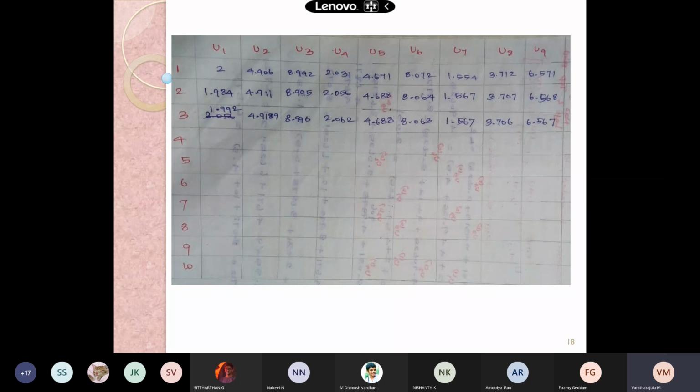Okay, please try to build a table so that you can calculate very easily. You build a table like this and try to calculate. You can get the results, and even if anything went wrong, we can find. If it is more deviated from the past data, then we can find that this has to be calculated again.